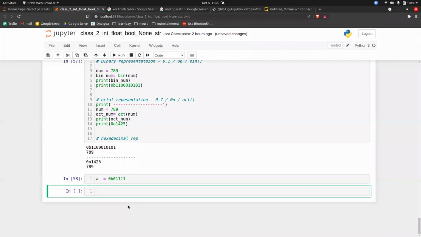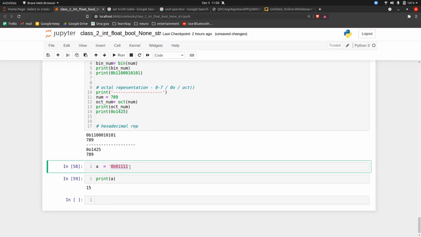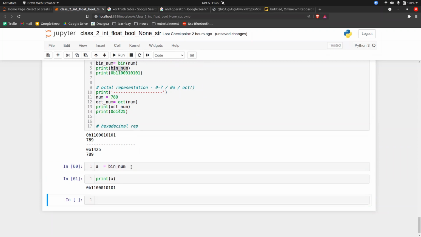So if you do this, see, 0b, and now if you do print of a, you get the answer 15. But if you write the same thing like this, it is totally different. What I mean to say is, if you write bin number and bin number, this is not allowed. Getting my point? Because why? Bin number is a string data type. So if you do this, see, getting the point?